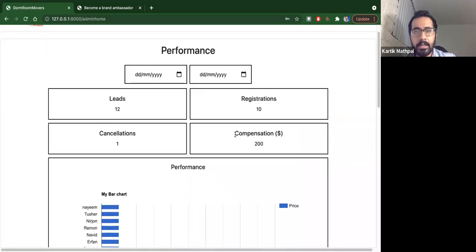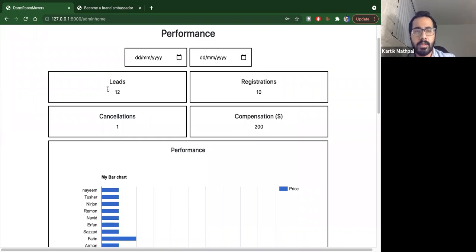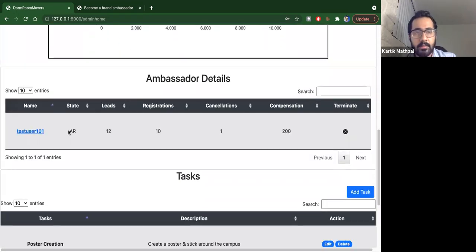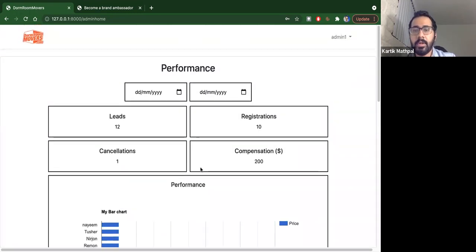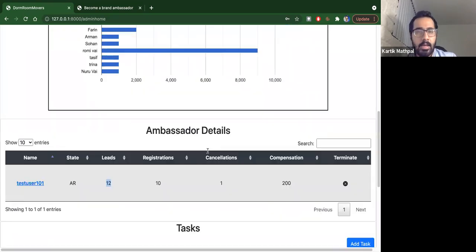Admin can see the net information, like the aggregated information for all the ambassadors. For now, we can see that there is only one ambassador in our platform, and he has 12 leads, 10 registrations, and a corresponding compensation of $200, which is presented over here.